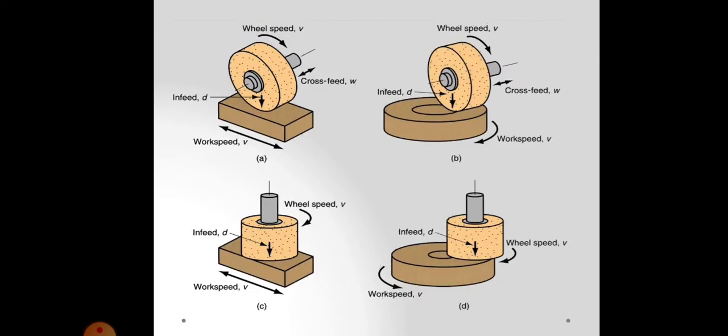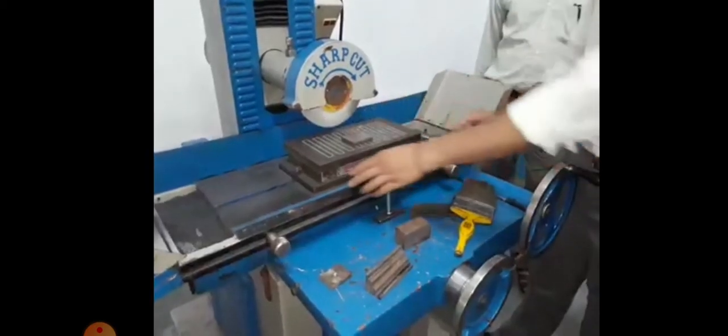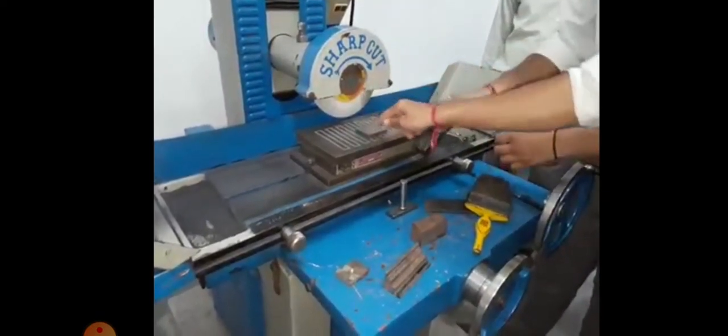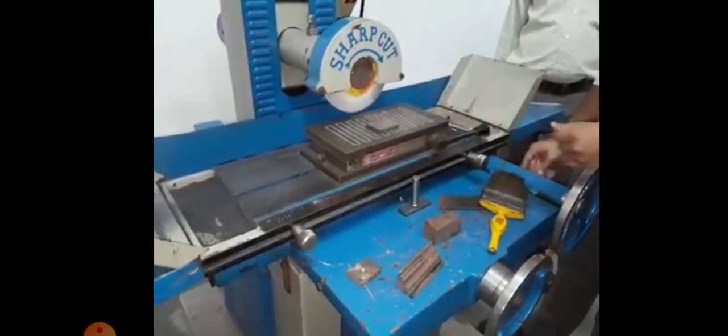And these are all the different types of grinding processes. In this picture, A indicates a flat surface being ground, picture B indicates a cylindrical component being ground, and picture C indicates a rectangular piece and a cylindrical piece, everything being ground with the help of these grinding wheels. Here also the wheel speed, cross speed, and work speed are changed depending upon the various machines and workpieces being used. In this video you can understand the flat surface grinding process.